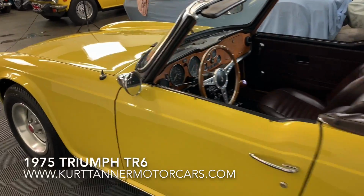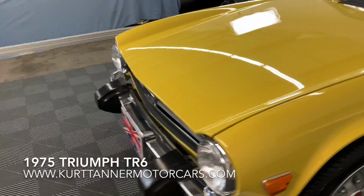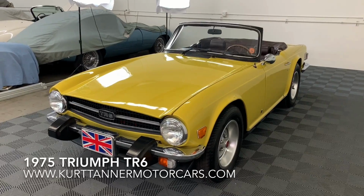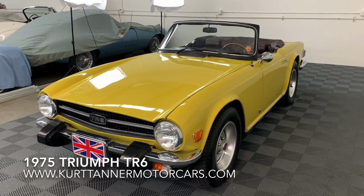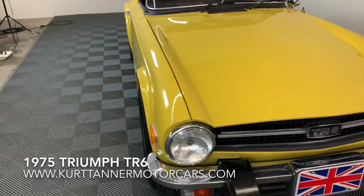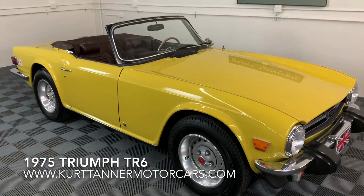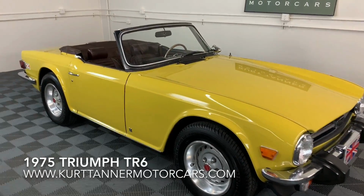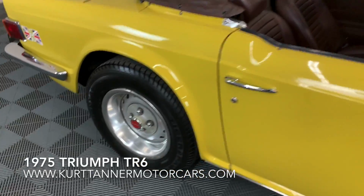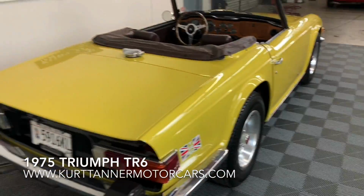The husband, the grandfather in the family, just passed away, left it to his daughter, and she put the car up for sale. It was his absolute pride and joy. He had this car restored over a period of time, and I think the restoration is probably 5 to 6, 7 years old. So there was really no expense spared cosmetically. Fresh paint, new interior, mechanicals are in great condition. Wheels, tires, exhaust system, brakes, and so yeah, just a stunning